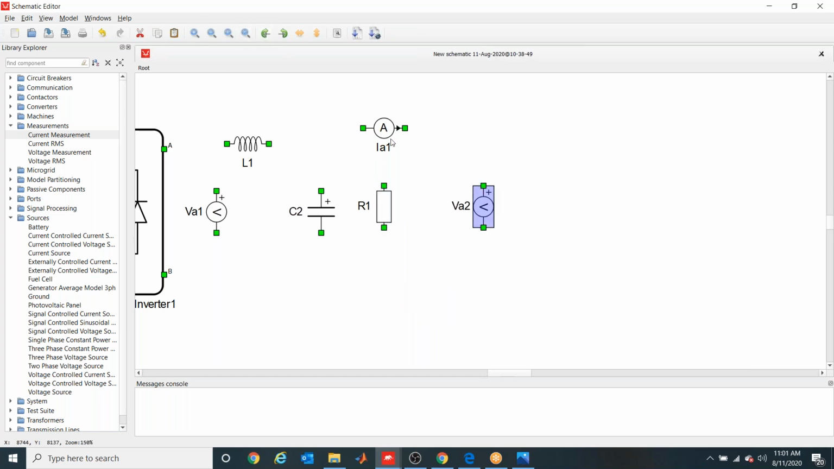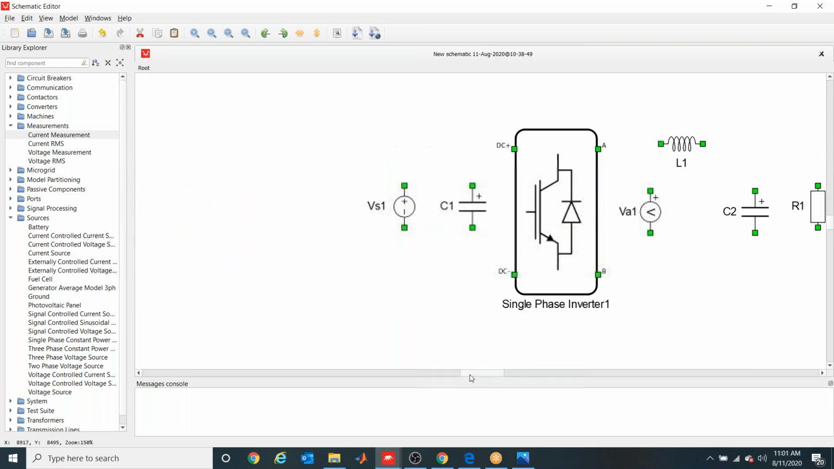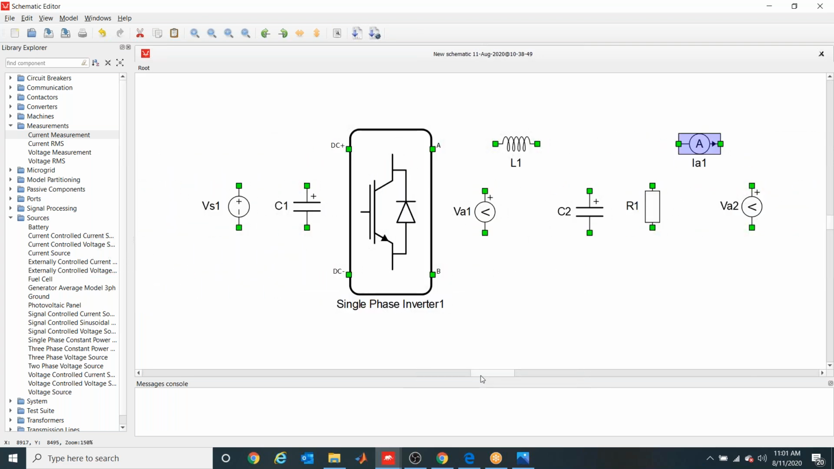And over here also. Okay, so I have placed all the components in line. Now I need to connect them. So first of all,